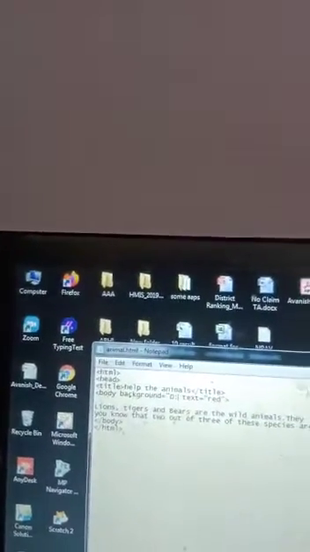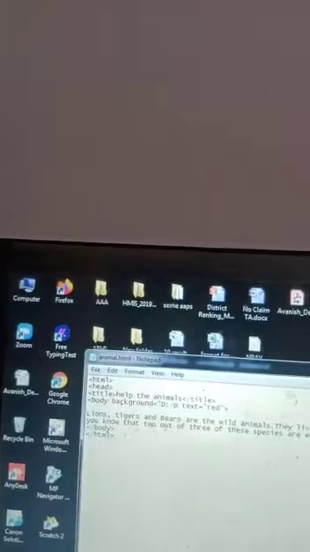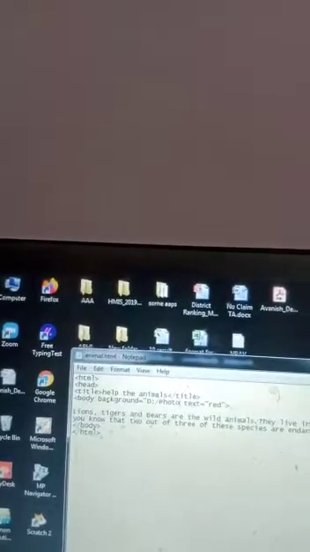Look here, I will show you. Is equal to D drive, now photo, and then aksh.jpg.